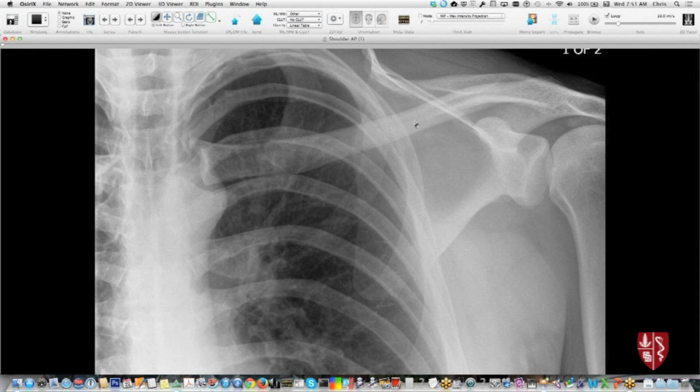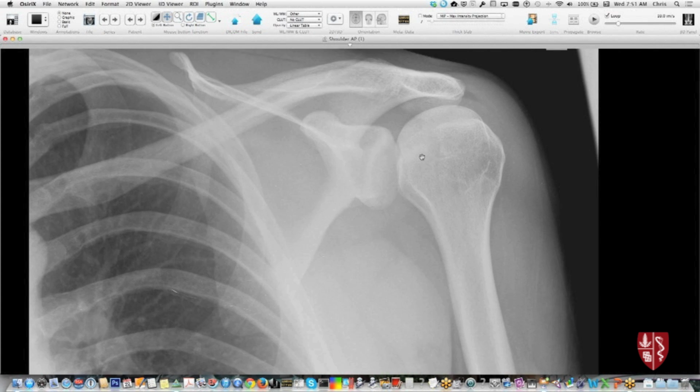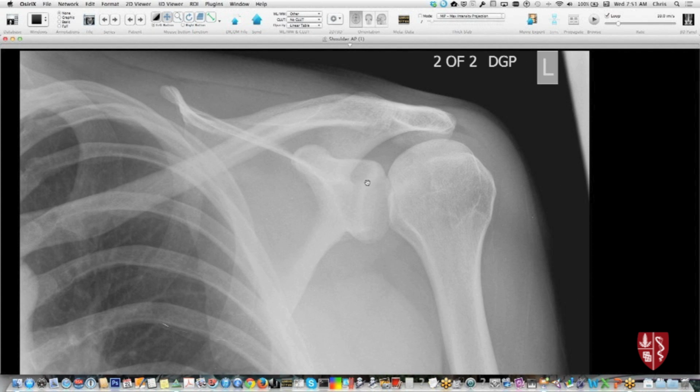This patient is a little bit off-center, but I hope you can tell that the alignment of the glenohumeral joint is not quite right here. You can see that there's a widened space between the anterior margin of the glenoid rim and the humeral head, and that should make you think of a different type of dislocation, in this case not anterior but